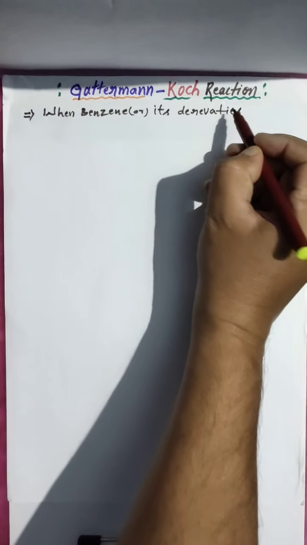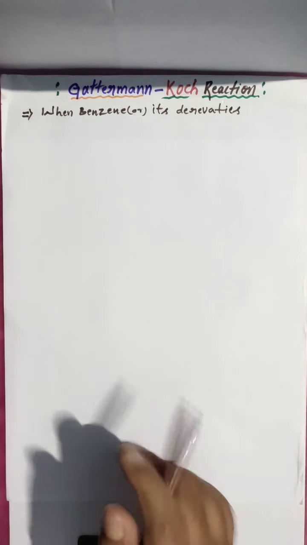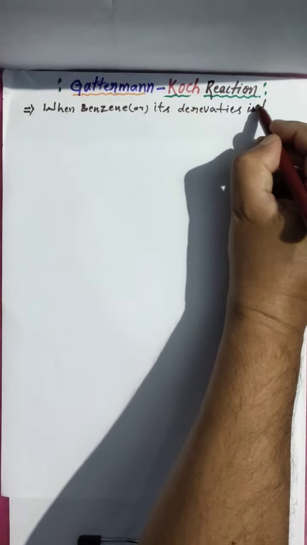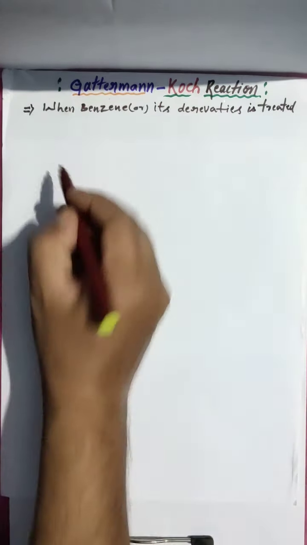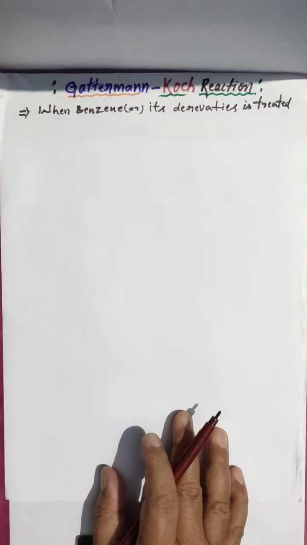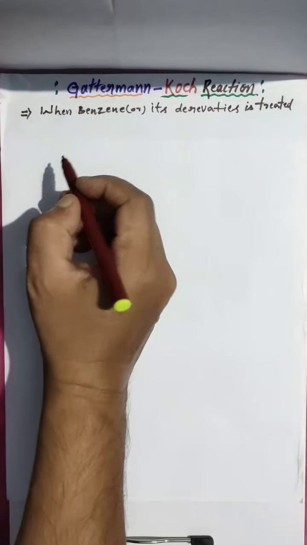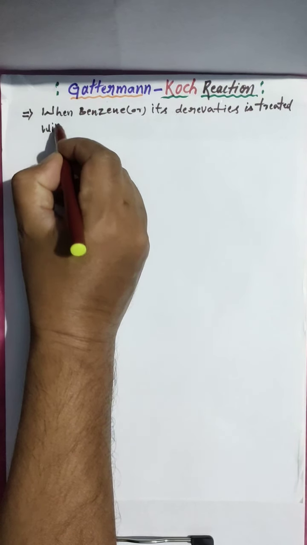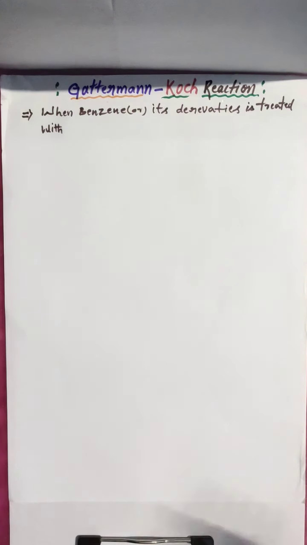We can take benzene or its derivative, toluene, like that. Treated with, so we have to treat benzene or benzene derivatives with carbon monoxide